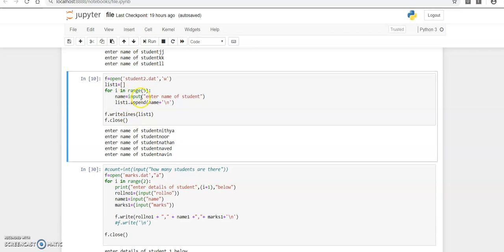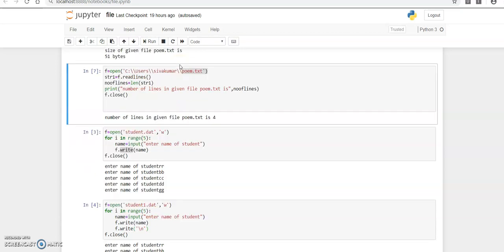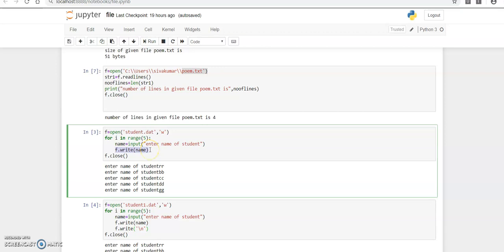In the previous program using the write method, each time you get the input from the user, and immediately after getting it, you call the write method to write into the file.